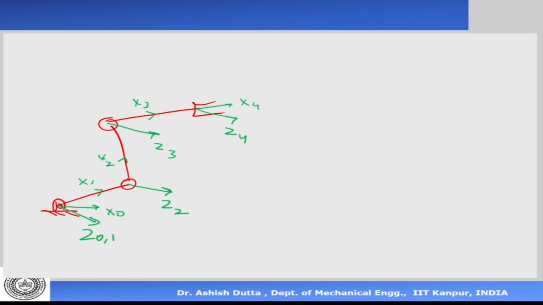Now I can find the transformation matrix from frame 4 to 0, T0 to 4, where 4 is the last one here. So from 4 I'll come to 3, which means how do I come? I go from 0 to 1, then from 1 to 2, 2 to 3, and 3 to 4.